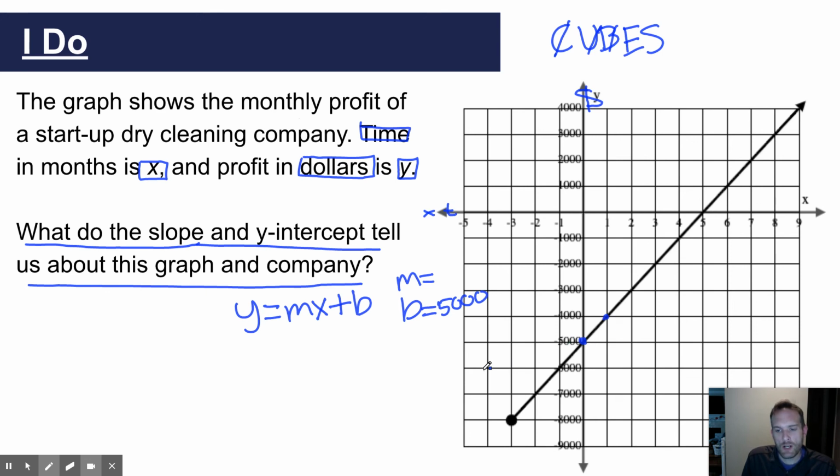So what we're going to do is to find the slope, we rise over run. Now be careful, your units, they're in thousands. So we're going to go up 1,000 and over, looking at my units, 1. So 1,000 over 1. So what that tells me is my m is 1,000. And our b was -5,000. So when we write this out, we're going to put y equals our m being 1,000 x,